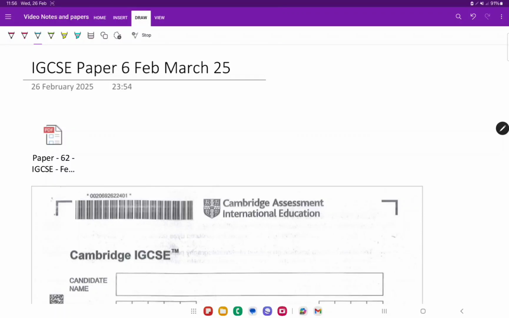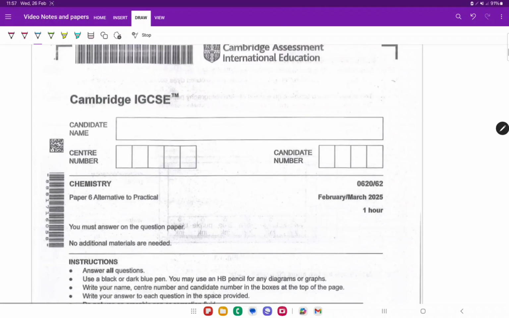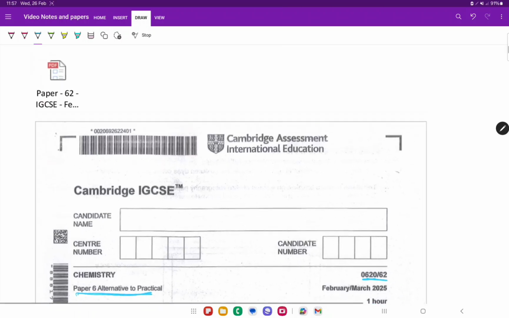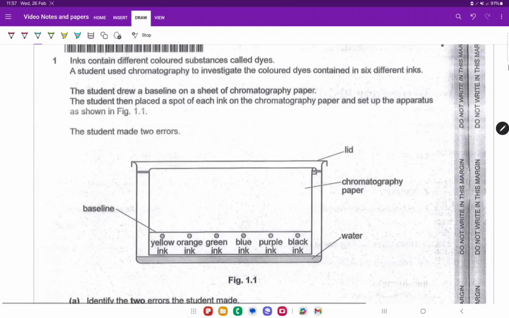Hello everyone. Today we are going to do IGCSE paper 6 alternate to practical held on 18th of Feb in Indian subcontinent, and it is a 0620/62 variant, a 1 hour paper, and it is paper 6 alternate to practical. Question 1 of this paper says